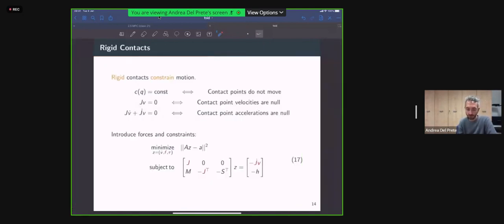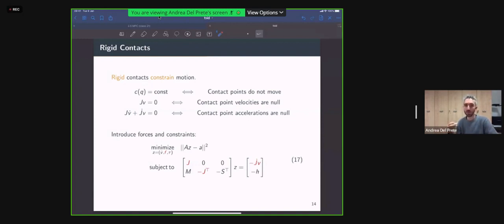After you've done that, you can introduce this equation here as an additional equality constraint in your problem. But you need to do something more. In this case, you need to also extend the number of decision variables of your problem to account for the contact forces, which are going to appear in the dynamics through the use of the Jacobian transpose, which multiplies the contact forces in the dynamics of a robot that is in contact with the ground or with any part of the environment. So in this case, the problem has changed a bit more, but again, it maintains the structure of a convex quadratic program.